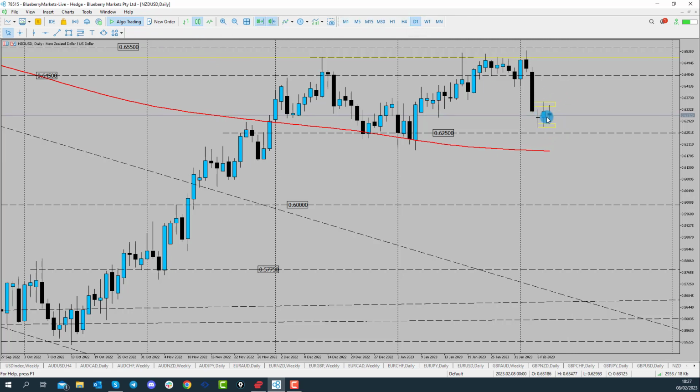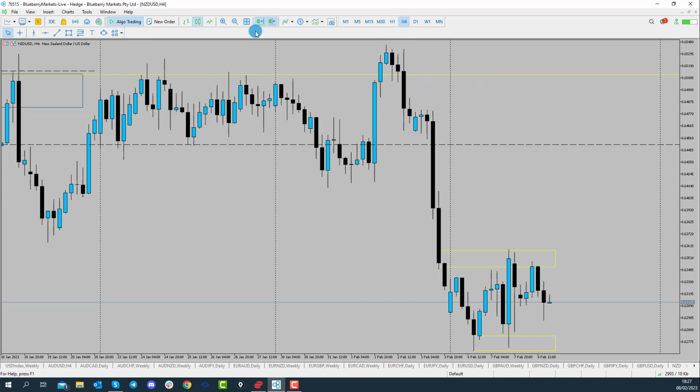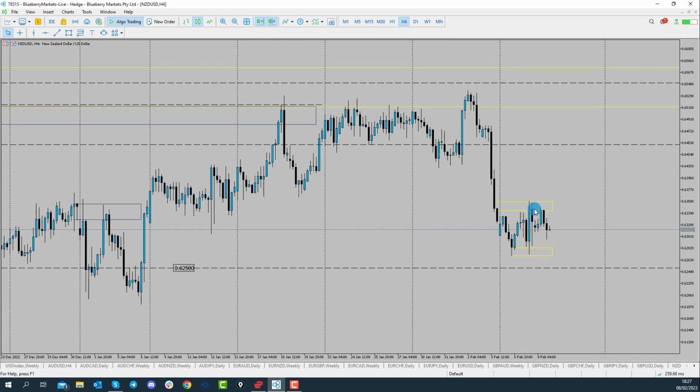The one way we can tell what price is going to do next maybe is by looking at our lower time frame, and we can see here on the 4-hour time frame it really tells another story. It's very similar to gold yesterday, where we were talking about the fact that the 4-hour is in this real tight trading range, and it was the same for gold. Gold attempted to break out today, but it failed, stayed within the range. I always like to wait for 2 consecutive confirmations before looking for the breakout confirmed. However, we haven't had that just yet on gold. We haven't had it here on Kiwi either. In fact, price is just going sideways.